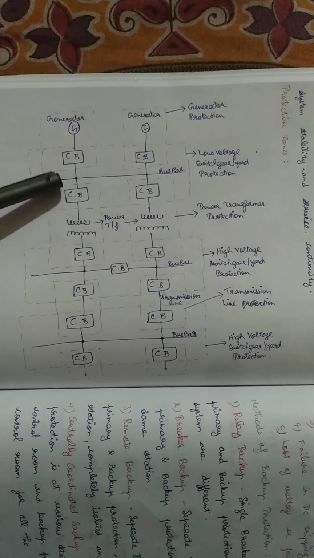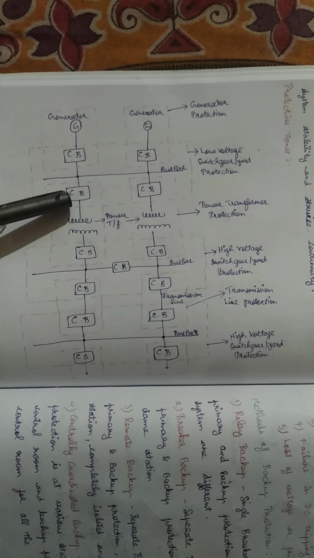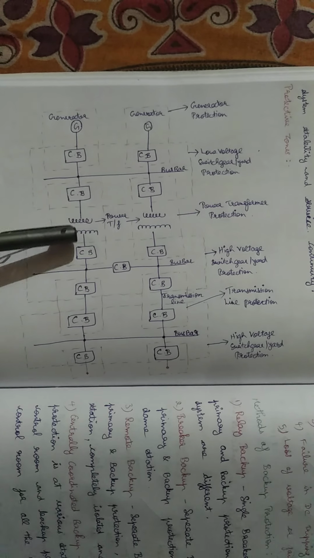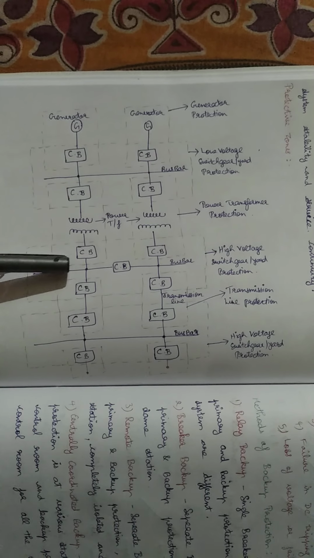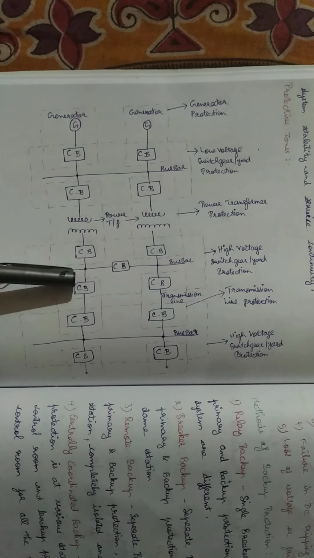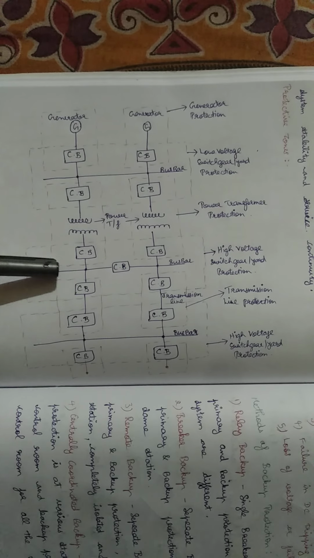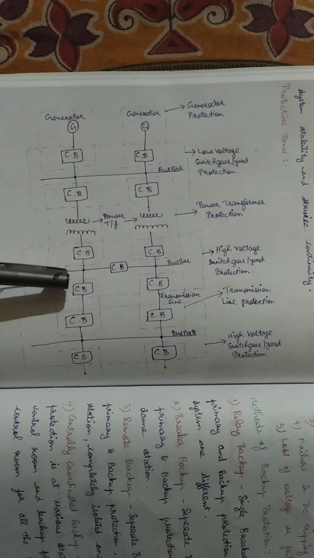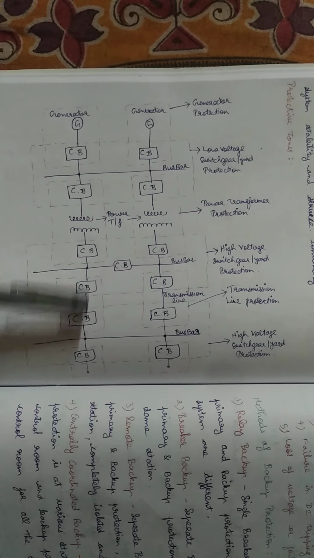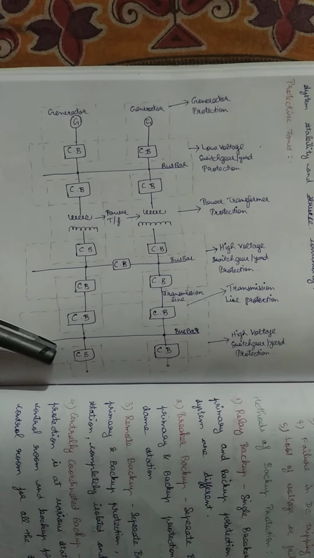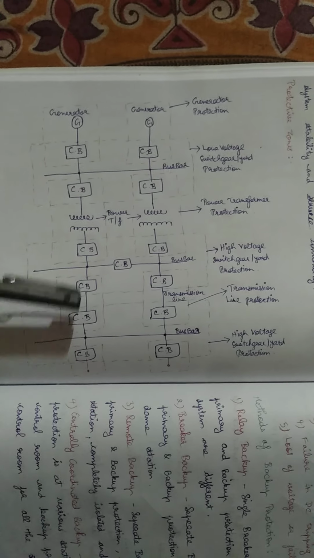Then it is connected to a bus bar, and then it goes out through a circuit breaker and is connected to a power transformer, and then it goes to a circuit breaker, then it gets transferred to another bus. This is a normal single bus bar with bus extension. Then it goes through a transmission line to another substation, where it is connected to another bus bar. Likewise the power is transferred from one area to another area.